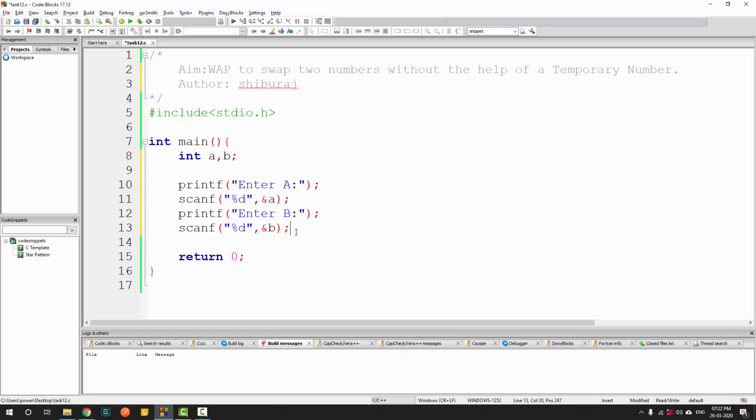Now what we have to do is swap these numbers, but this time without the help of a temporary variable. So we cannot use another variable over here to which we can temporarily shift the data. So what we do is we use the property of addition and subtraction, or multiplication or division. We are going to use either addition